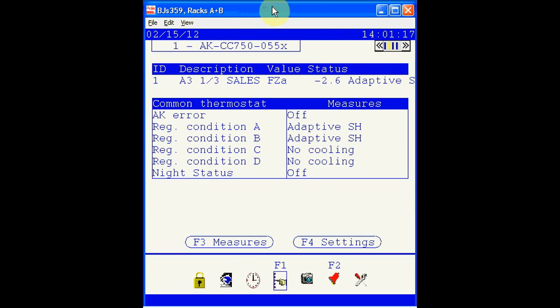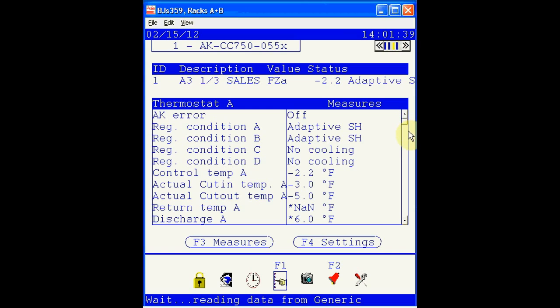Our final measurement on this screen is the status of the light relay. Our second screen, again, shows the regulating conditions on the evaporators that are in use, and also indicates if we are in a night status or a night setback state at this point. Night setbacks are used for alternate set points on the cases. Third screen